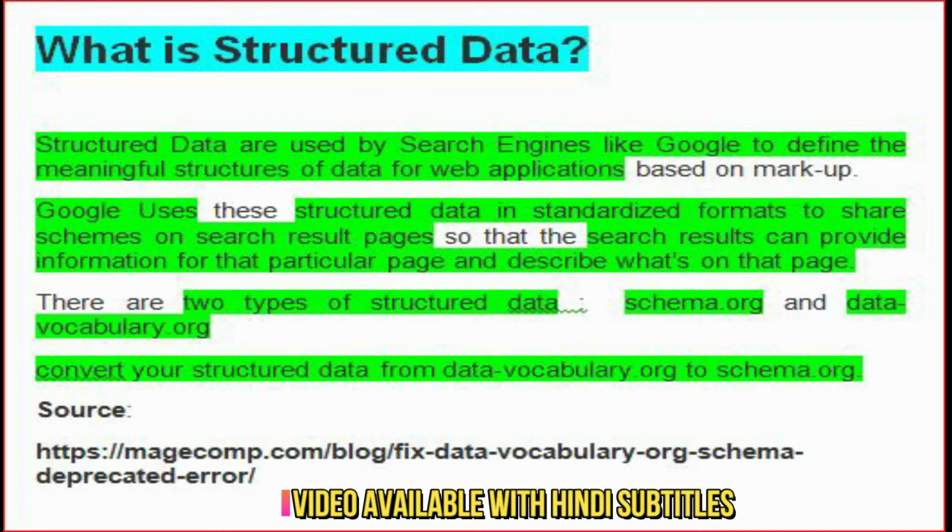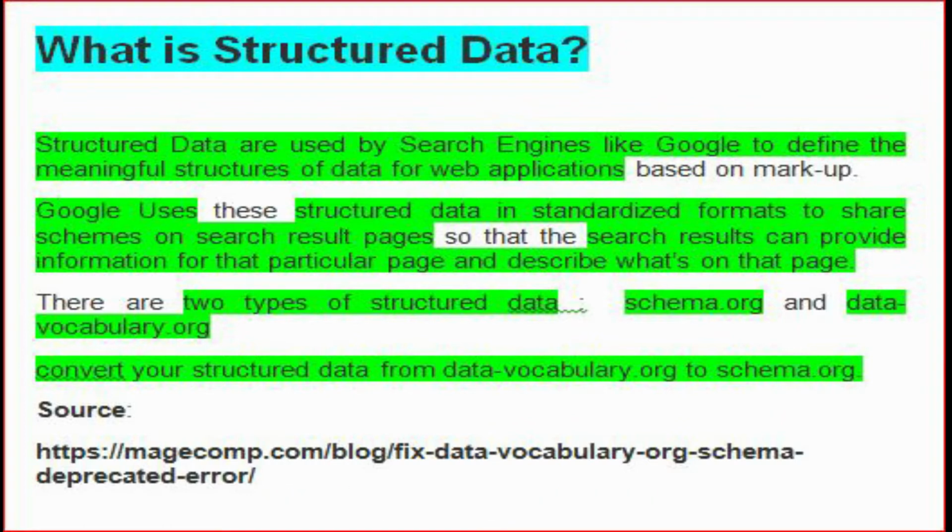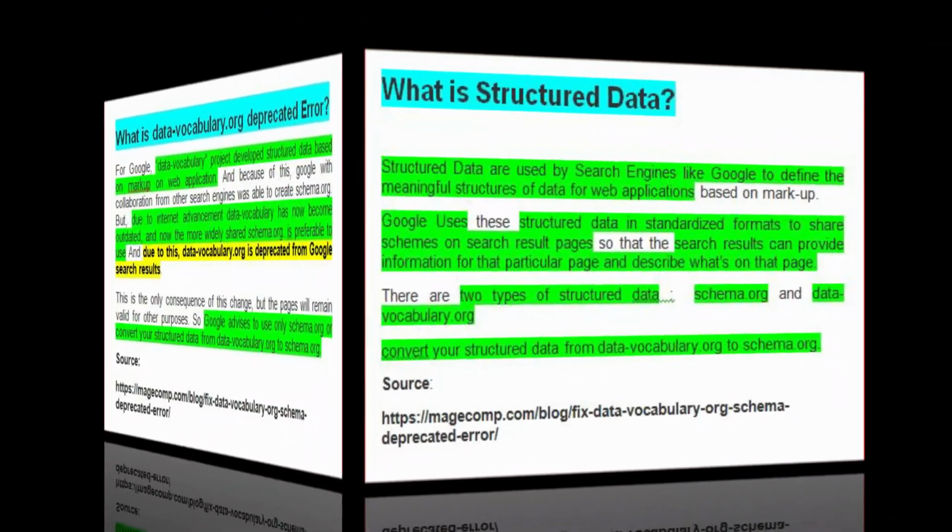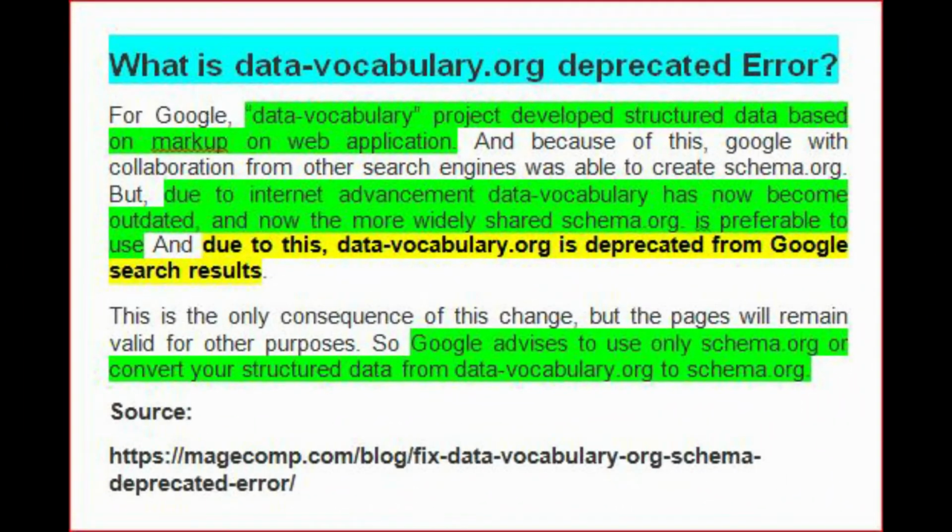There are two types of structured data. First one is schema.org and second one is datavocabulary.org. Now the next important question is, what is datavocabulary.org deprecated error? Well, for Google, this data vocabulary project developed structured data based on markup on web application, and